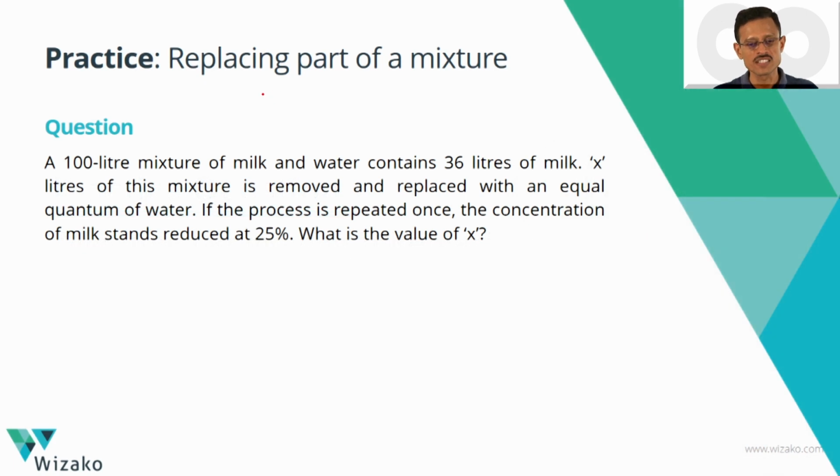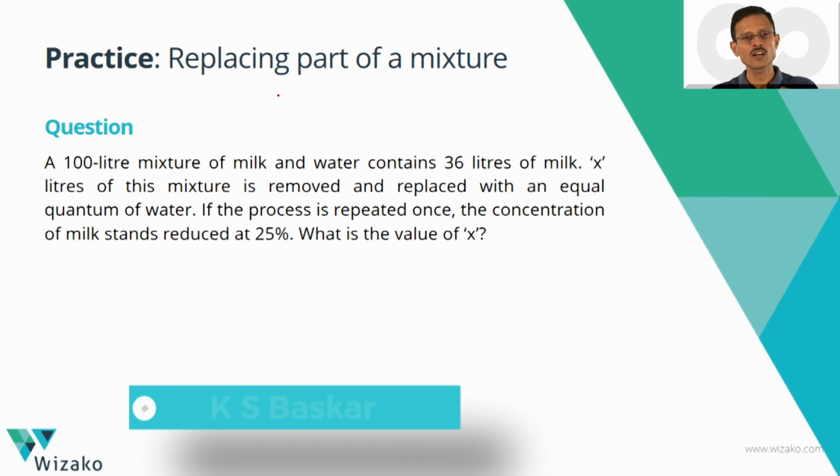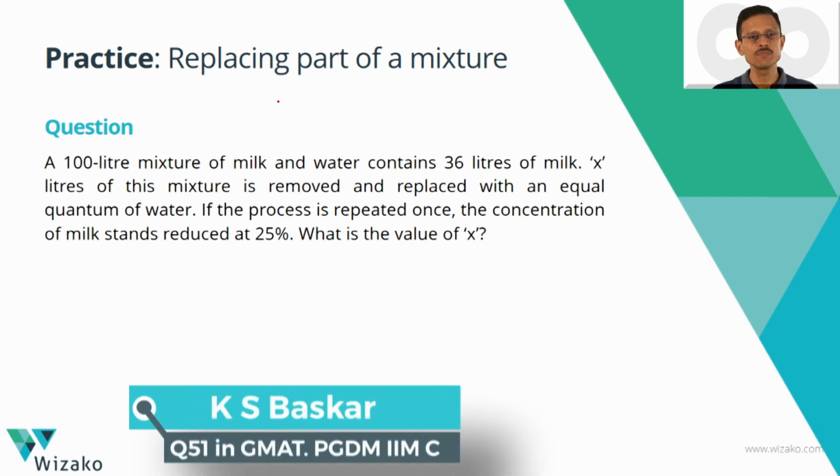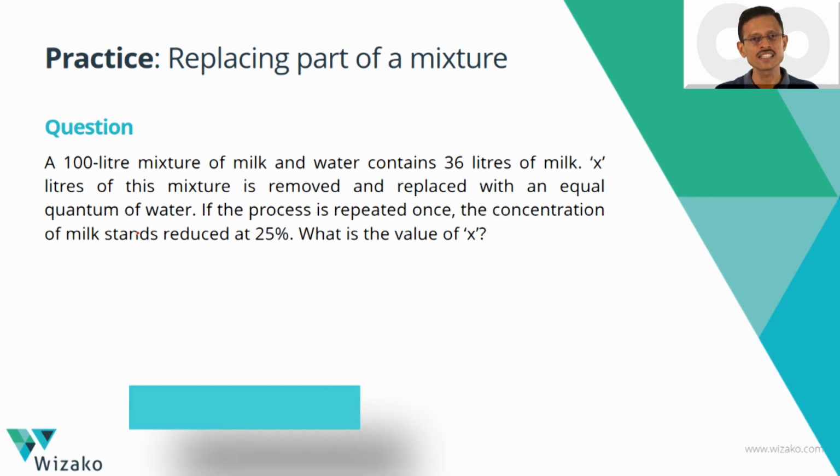The concept covered in this question is replacing part of a mixture, which essentially means that we take out a portion of the mixture and replace it with one of the components in the mixture. Let's read the question and solve it systematically initially, and then let's also have a formula through which we can solve it quickly. I would recommend the formula method for solving it in the examination so that you can save